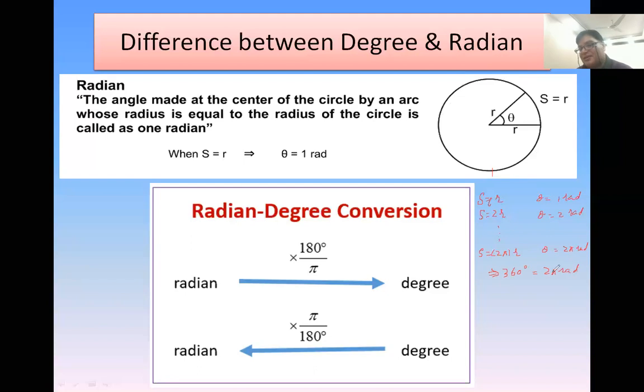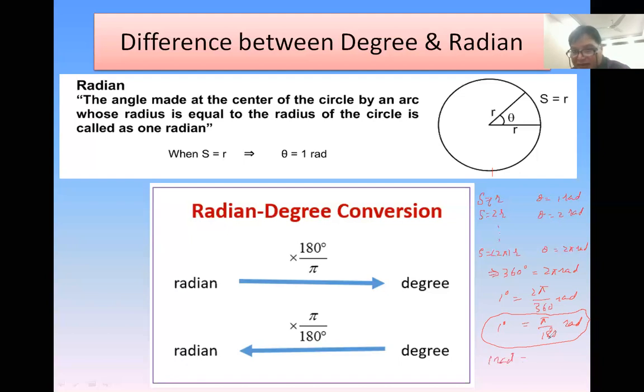Look at this, please. If you need 1 degree, divide 2 pi by 360 radians. This is the relation to convert degrees into radians. It will be pi over 180 radians. Look, my dear students: 1 degree is equal to pi over 180 radians. And this relation, my dear students, will help you in your numericals, please.